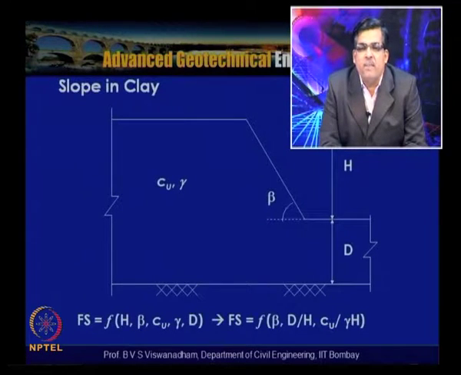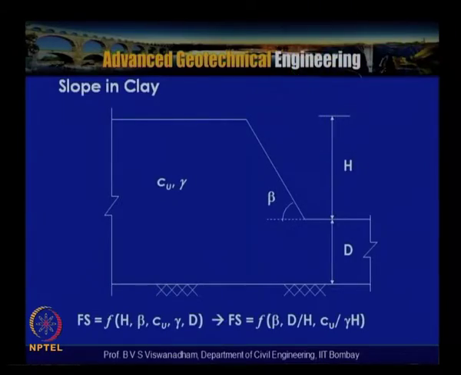In case you are having a small scale model tested at gamma m equal to n gamma p, that is enhanced gravities, then the Cu by gamma need not be reduced and automatically gets reduced once gamma in the model becomes n gamma. But it ensures that the Cu in model and prototype are identical. Cu in model and prototype being identical physically means that the stress strain behavior of the soil is retained. So that ensures that there is a similarity between model and prototype. This we have already discussed.